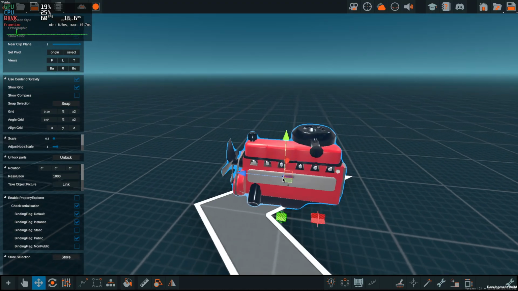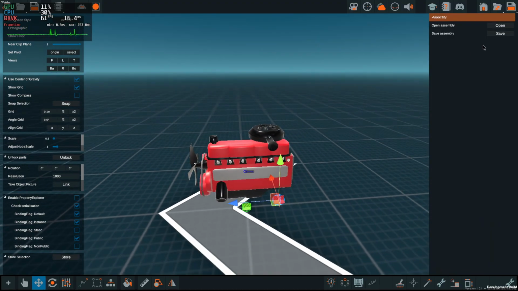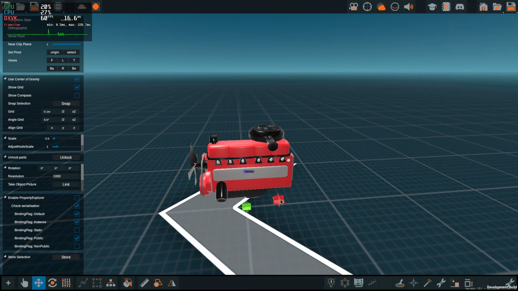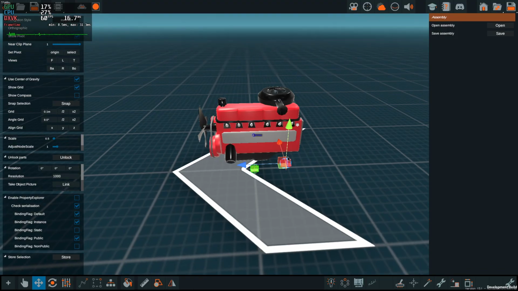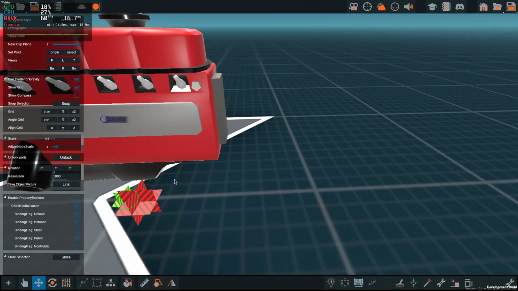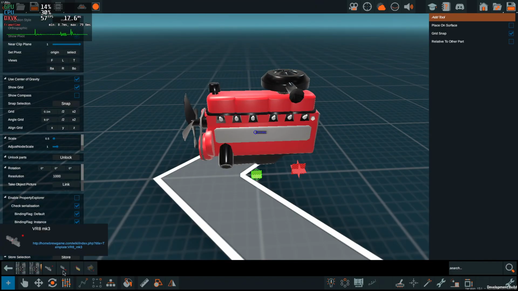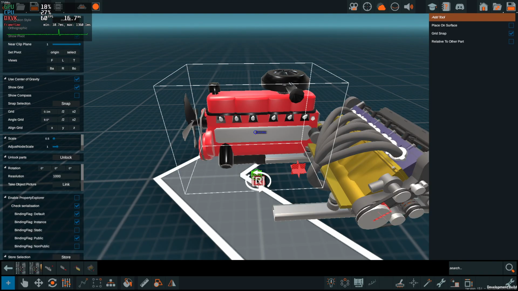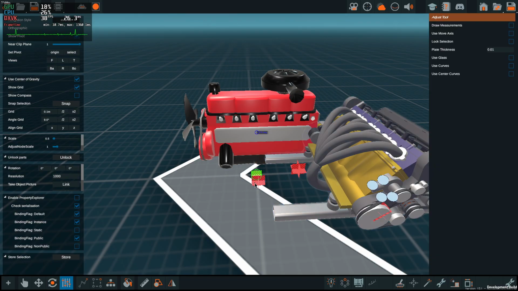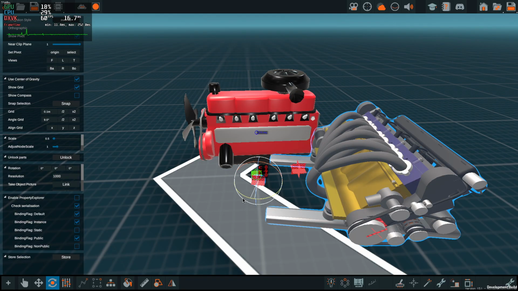You can place it down and essentially save an assembly. Anything that is parented to this assembly node is going to get saved as an assembly, where you can just take out an assembly. One thing to be aware of, though, is if you're going to rotate the assembly,